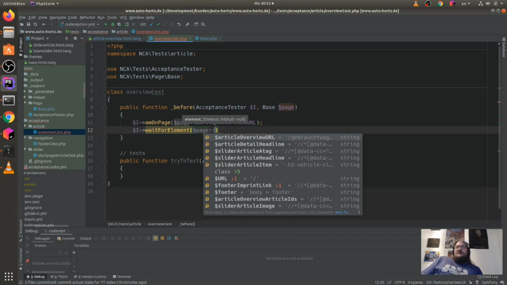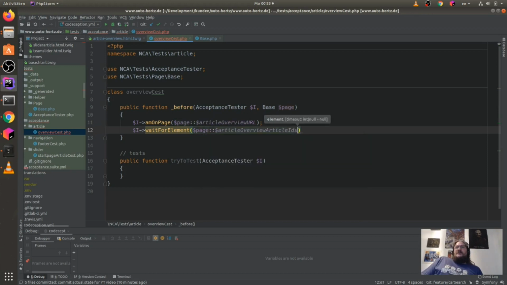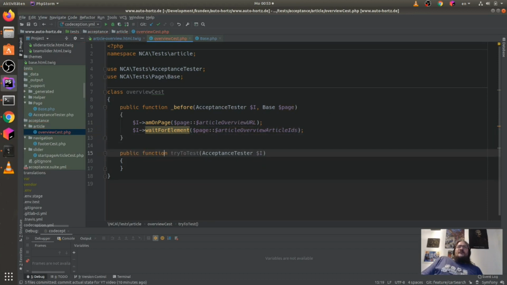I hope Codeception can wait for a hidden element. I don't know it exactly, but it's here the article IDs. And I want to test that first article ID is different to page 2.